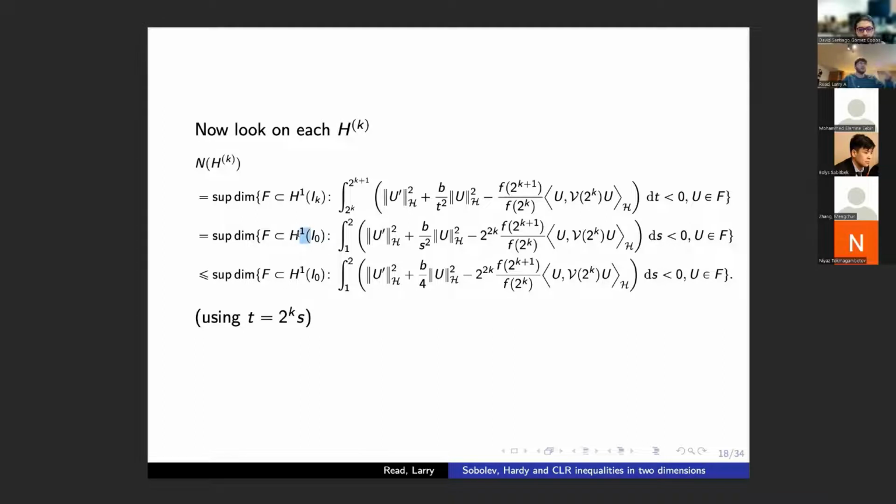And of course, our space just changes for each case, the Sobolev space on I_0, that is the interval (1, 2). And again, what we do is now we make this positive part smaller. So we make the operator smaller again by picking s squared here to be equal to 2. And again, now we have another upper bound on the number of eigenvalues of each of these operators H_k.